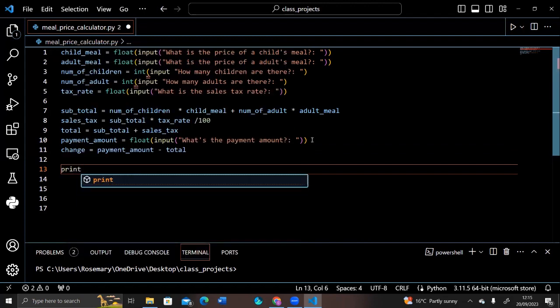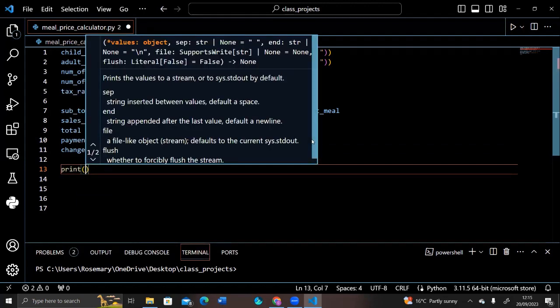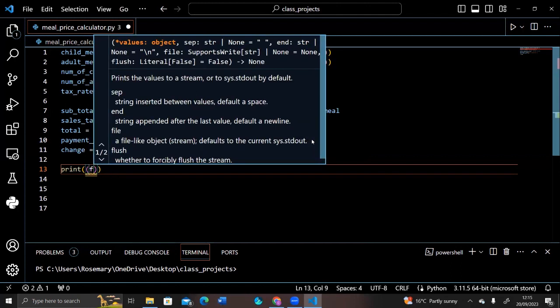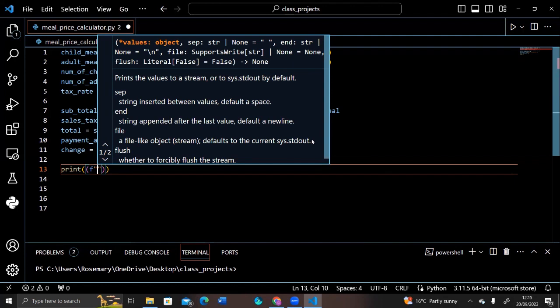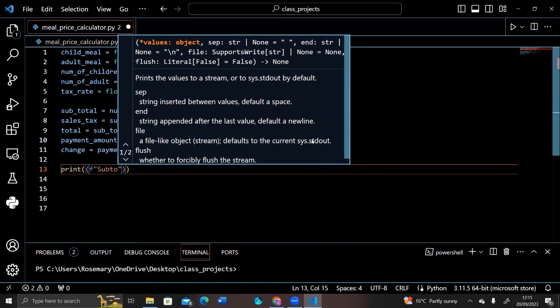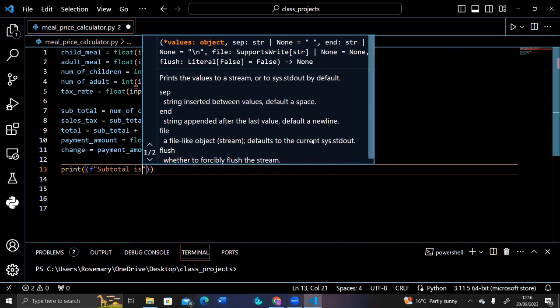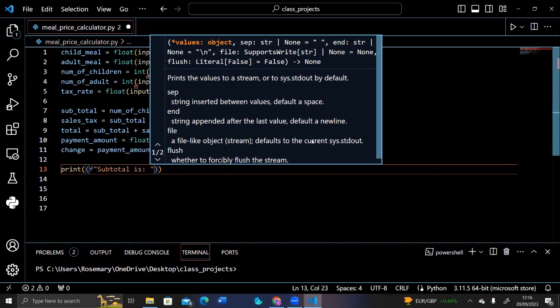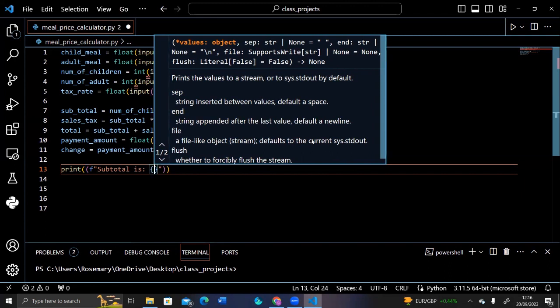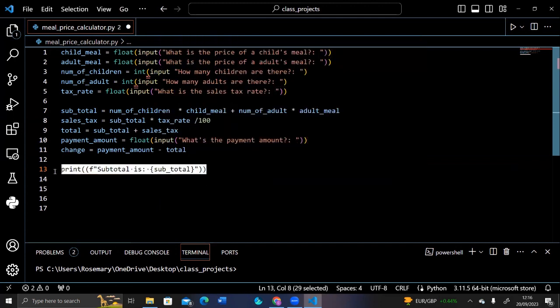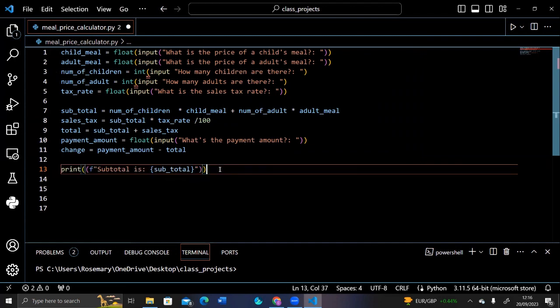I like using the F string, so I use the F string. Let me use double quotes. F subtotal. Subtotal is, then we add curly brackets. Subtotal is subtotal. I'm going to copy this so I don't have to type too long. Control C to copy, Control V to paste. And then we